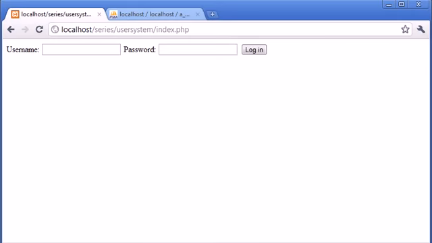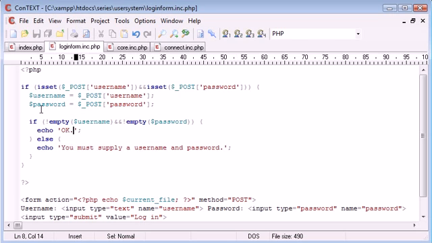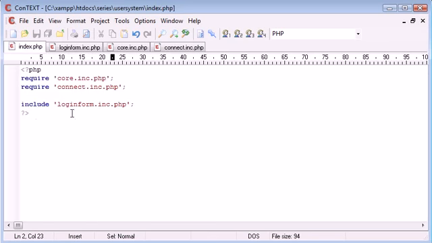So let's see how this works. We'll click index.php, refresh that page, click login, and it says you must supply username and password. Now what we can do is type something in, click login, and it says okay. So we're on index.php, but we're processing what's going on inside loginform.inc. So we're keeping the index file as clean as possible. And eventually we're going to put this into an if statement, into a block, which means if the user is logged in, we don't want to show this login form. Otherwise we want